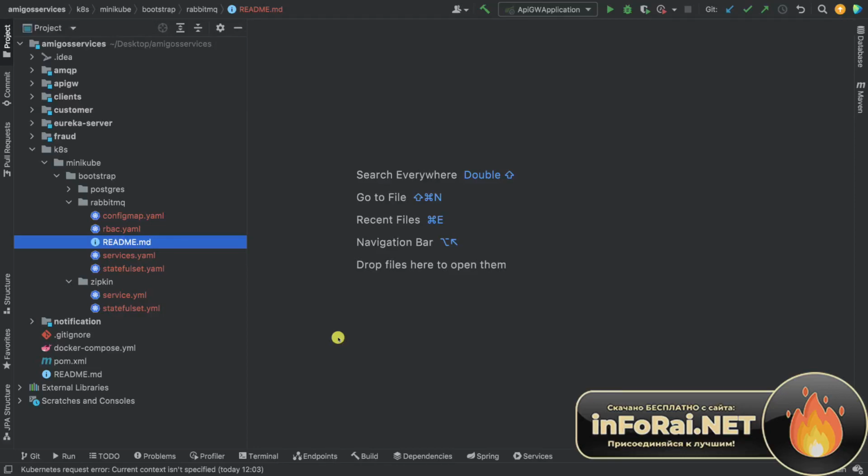All right, let me give you the solution for the exercise. Now, I'm not going to spend time explaining all of these resources, because RabbitMQ and Zipkin, this is not technically the correct way of deploying them to Kubernetes if you are running things in production. So this was me trying to figure out ways of deploying RabbitMQ and Zipkin, and I've managed to do it